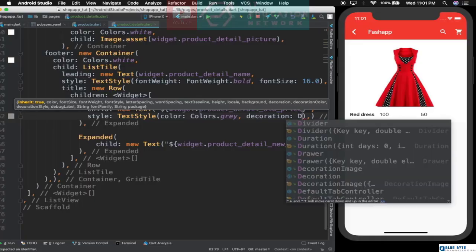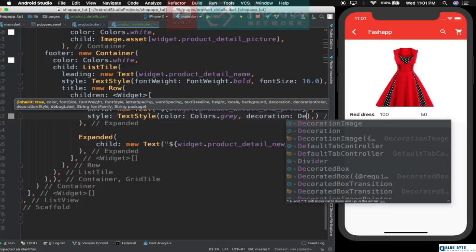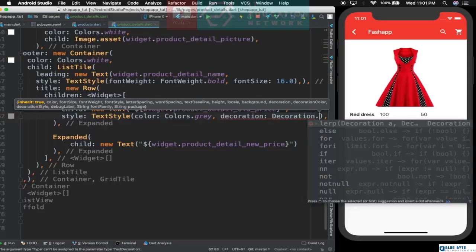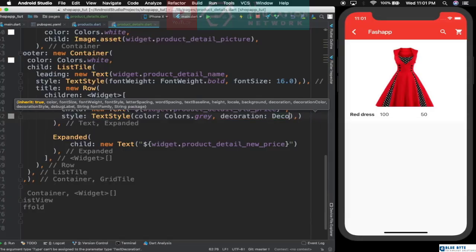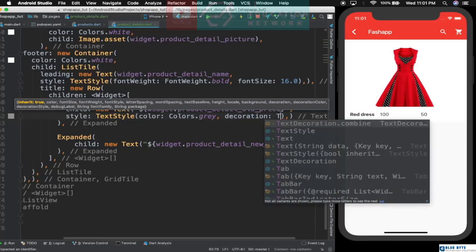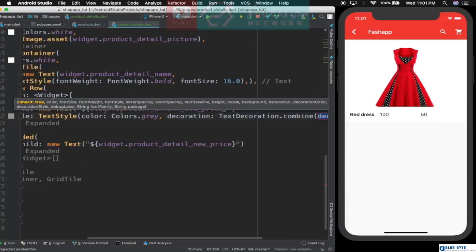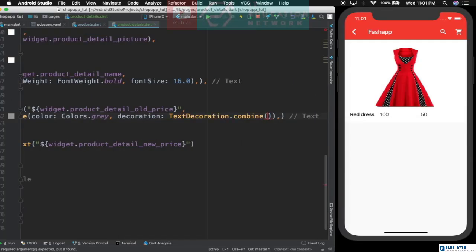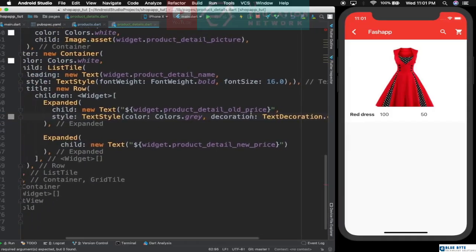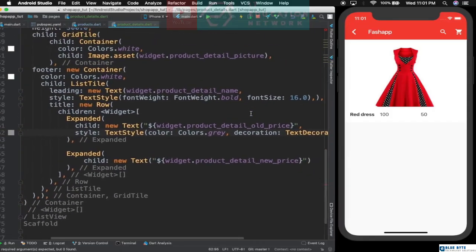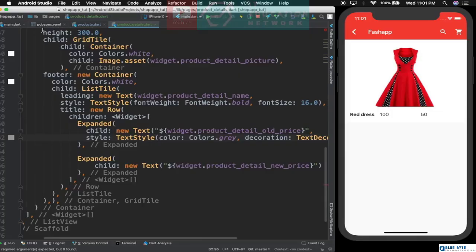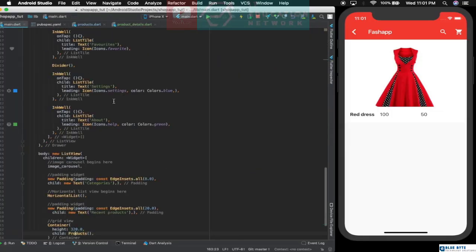I guess, I'm forgetting something. Decoration dot, no. I'm trying to put a line into this. Text decoration. Oh. Okay, this can happen sometimes when you forget how, but since we are not machines, let's just go back